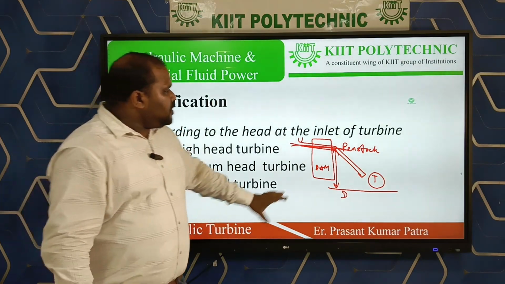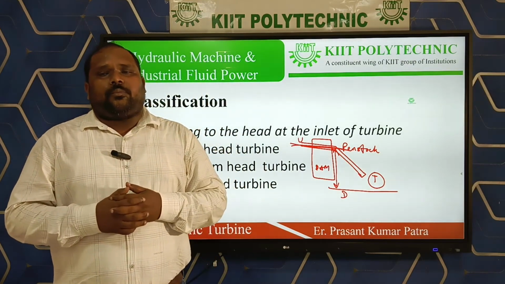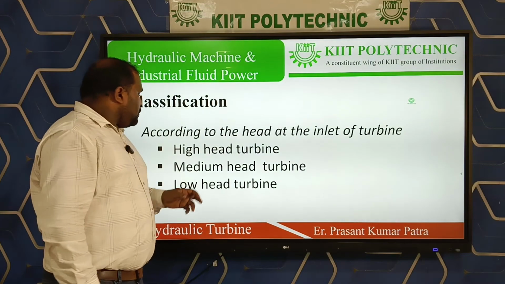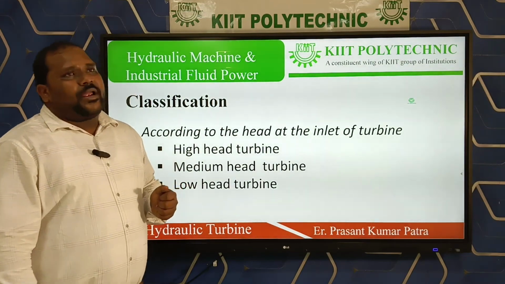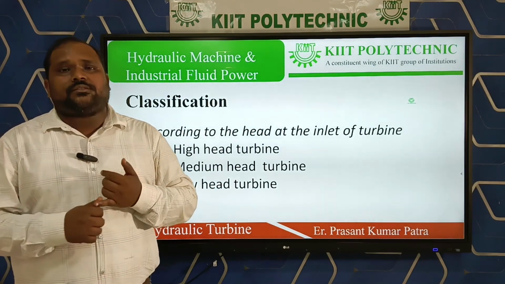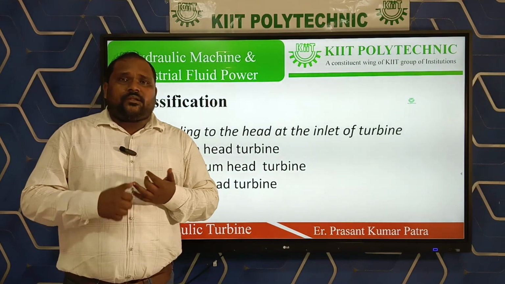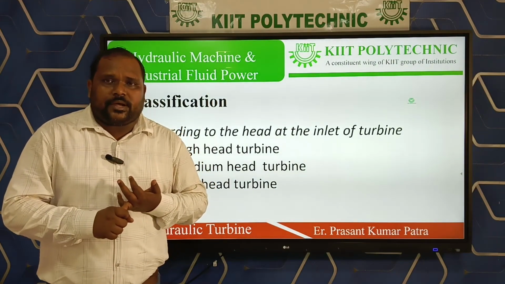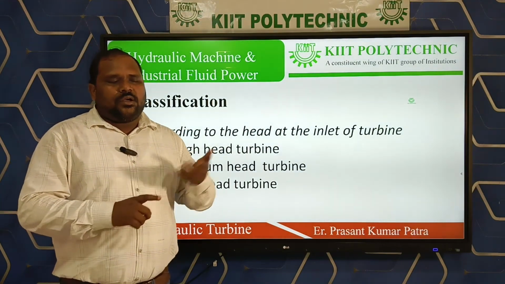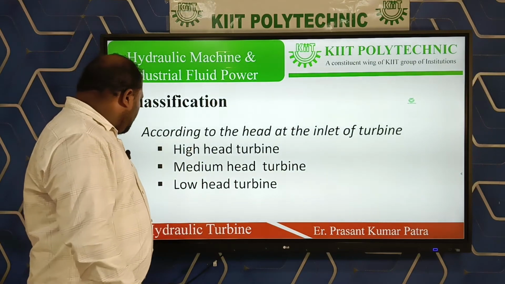So depending upon this difference, the energy conversion also varies. So this is one kind of example. We can see according to the head, the turbines are classified into three types. One is the high head turbine, example Pelton turbine. Second one is the medium head turbine, that is example Francis turbine. Third one is the low head turbine, example Kaplan turbine. Next,